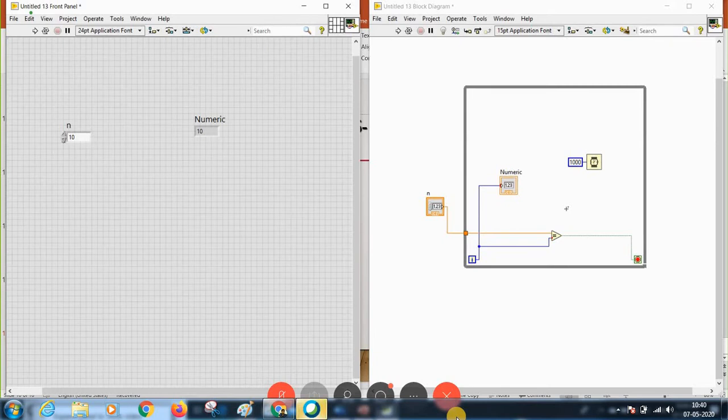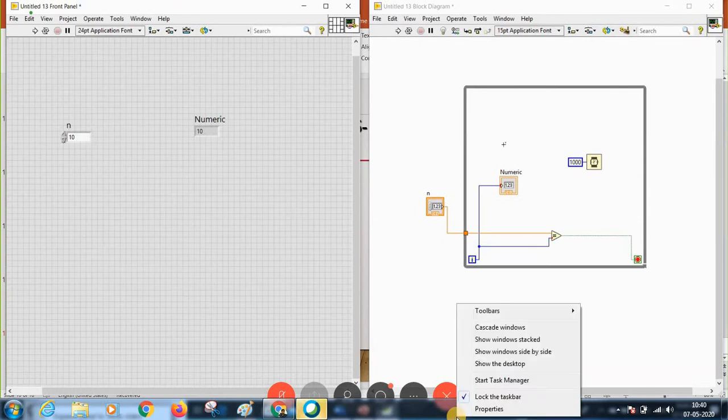Normally in your application, probably by using LabVIEW, you don't want to go with continuous run. Once you build your exe file and upload it into your hardware, you are not going to run it continuously. You can run with a single shot run. So when you want to stop this program, it should be terminated by your while loop. That's why all programs should start with the while loop.